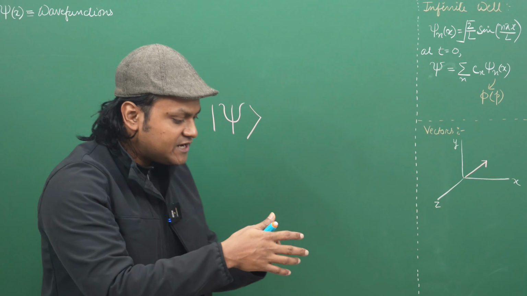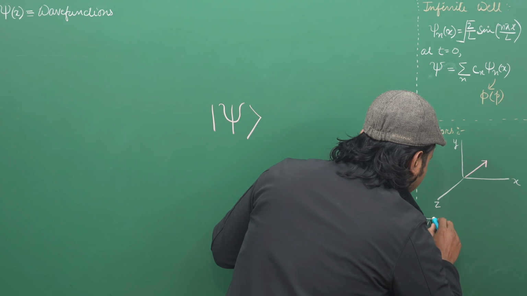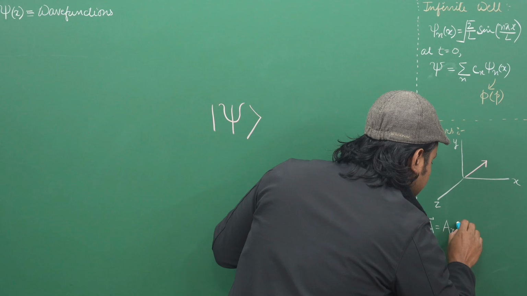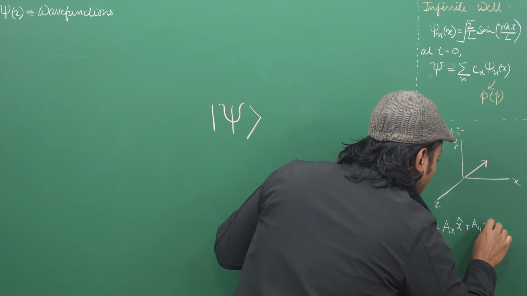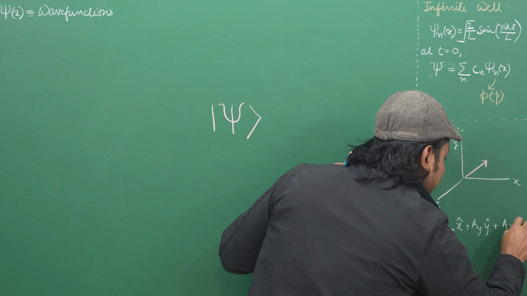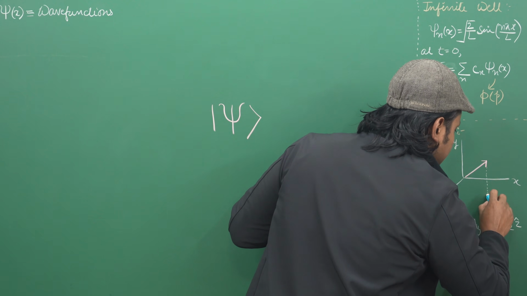Using those projections the vector is very commonly written as ax x cap plus ay y cap plus az z cap, where ax, ay, az are nothing